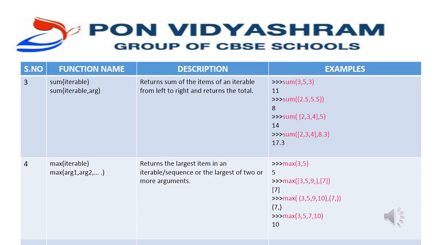See the next example. The first argument we have passed in the form of a tuple. So how can we find out it is a tuple? We have the normal brackets, 3, 5, 9, 10 as the first argument, and the second argument is 7. So what it does is compare the first element of the first tuple, 3, and the first element of the second tuple, that is 7. So which is the greater one? 7. Now look at this output. The maximum value is 7, that we know, but they have given the output in the form of a tuple because both the arguments are tuples, so the output is also in the form of a tuple.